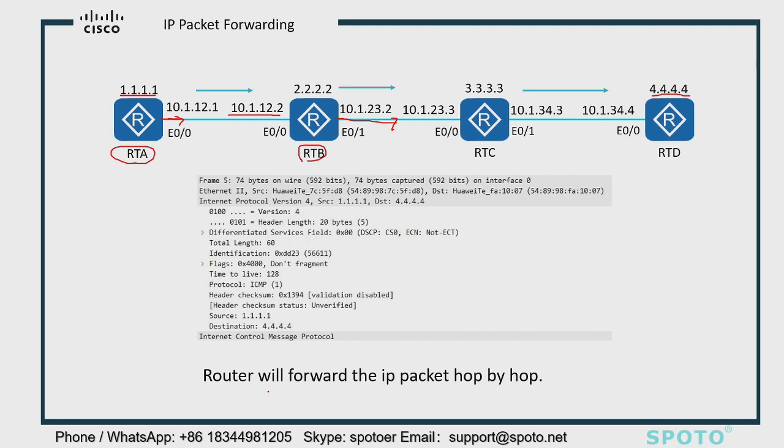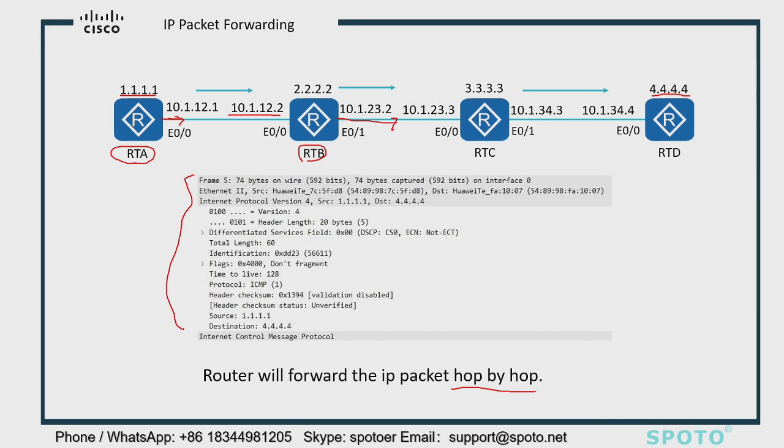The router will forward the IP packet hop by hop. It means each hop device needs to search the routing table, and it needs to search the routing table from top to bottom, all the routing table, and compare the mask. Okay, so this is the IP packet forwarding principles, and for this one, I use the Wireshark software to